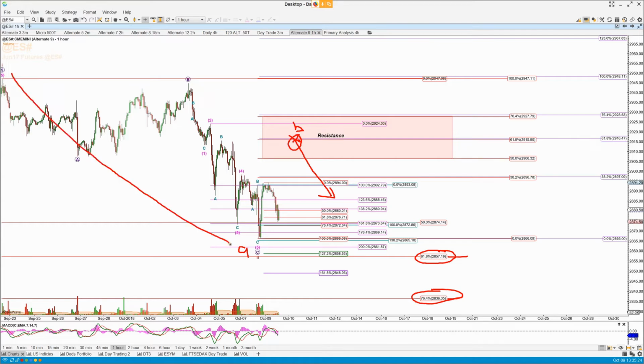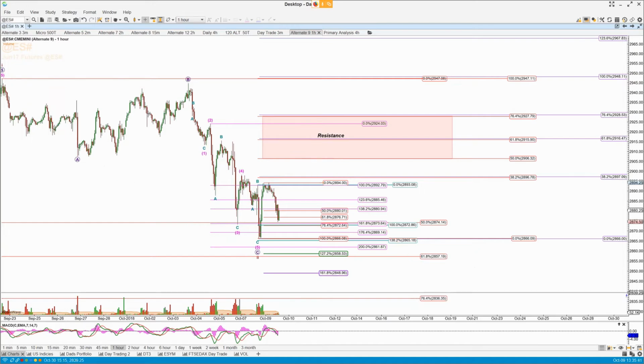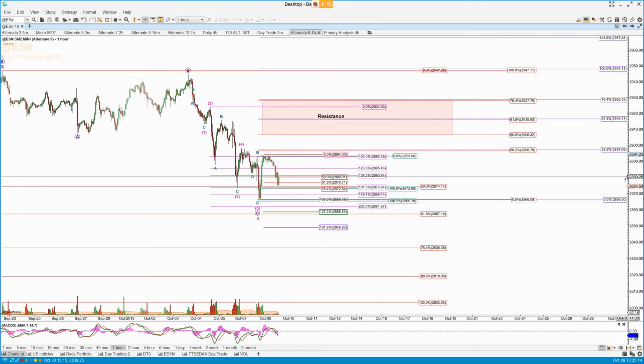And again, depending on where we hit here, we can take another Fibonacci projection, length of the A off the B, look at the 1.0 and 138.2, and it should give us an idea of which one of these and or whether either of these are going to hold. Because if they don't hold, then we are likely going to 28.15 or lower, and on that basis we are in the C of 4 in the diagonal count, and I would revert then to the diagonal count for the S&P 500 and quite possibly the Nasdaq ongoing from here.